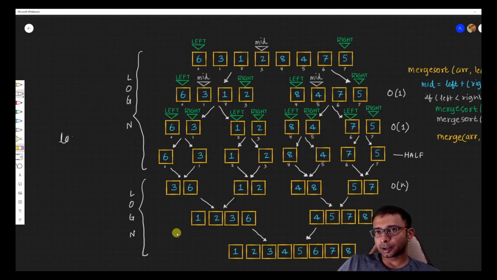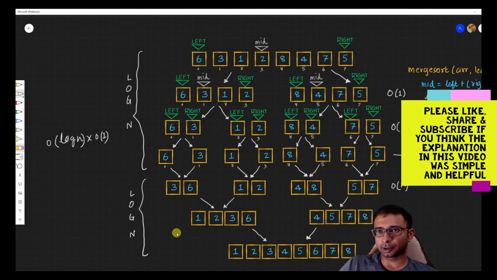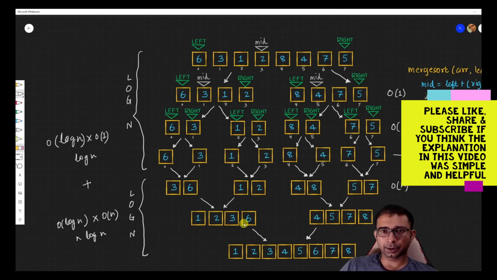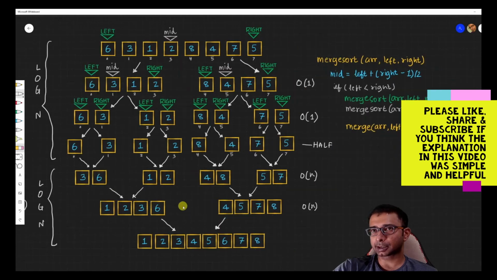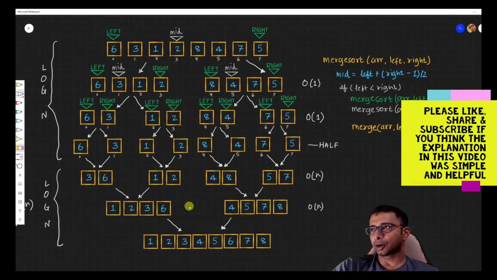For the first half, we have order of log n into order of 1, which will eventually become log n only, right? And for the second half, what will happen is order of log n into order of n. For each element we did the checking, right? For all 8 elements, we did a comparison, right? So this will result into n log n, and that will result in log n. If you do log n plus n log n, what we eventually get is n log n, it's not going to have any impact. So this is how the entire tree looks, and this is how we are getting n log n performance